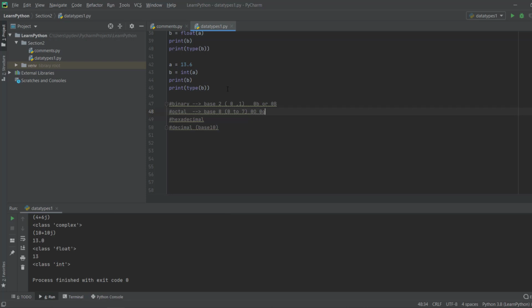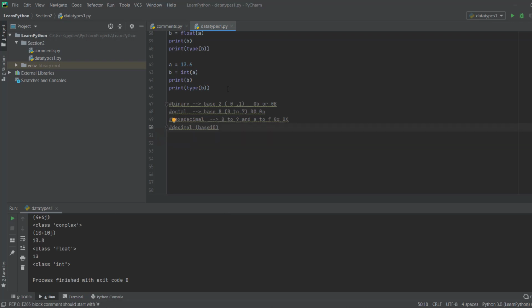You can use any of these. Hexadecimal has 0 to 9 and A to F, and you represent it with 0x, small x or capital X. So the first letter is always 0. Binary will be b, small b or capital B, octal is o, hexadecimal is x, and for base 10 you don't need to put anything.